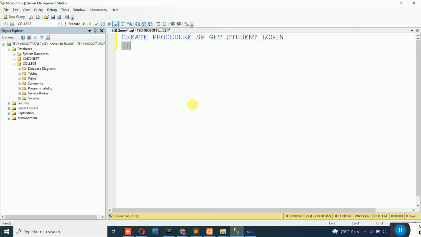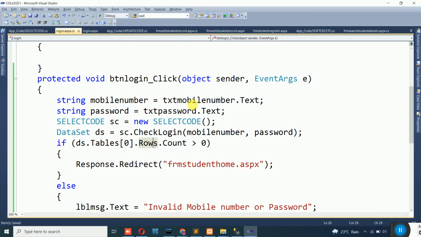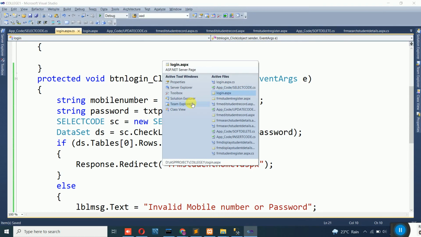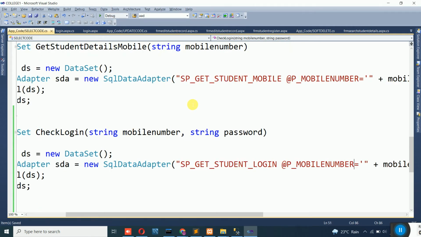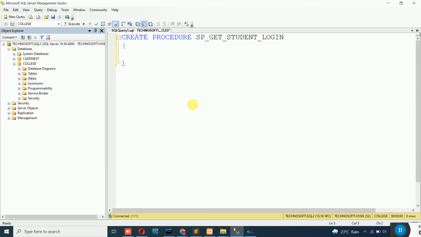I have to pass two parameters in this case, so never take a risk. Copy paste those variable names directly from here, that is p_mobile number, and the data type for that